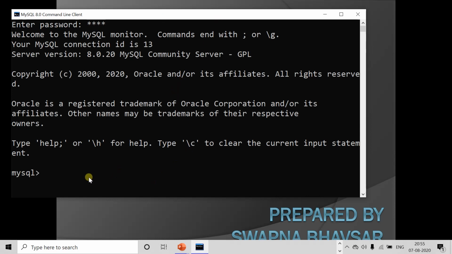So here I have started the MySQL prompt. Once MySQL is installed on the machine, we will get the MySQL prompt. Once this prompt comes, we can execute all the queries of SQL.